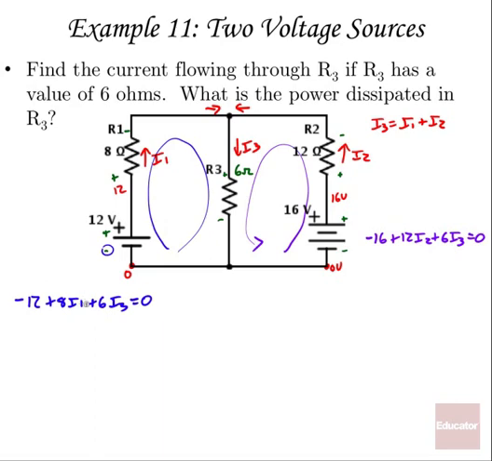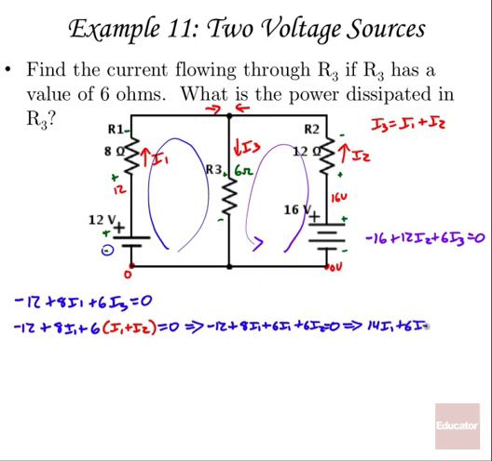Over here, let's start with this. Negative 12 plus 8 I1 plus 6 I3. Well, I3 is I1 plus I2, so that'll be 6 times I1 plus I2 equals 0. Or negative 12 plus 8 I1 plus 6 I1 plus 6 I2 equals 0. Or if I put that together, we could say that that's 14 I1, adding 8 and 6 I1, plus 6 I2 is going to be equal